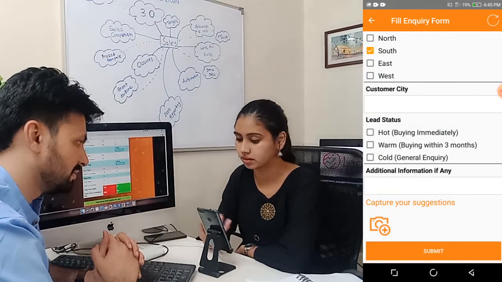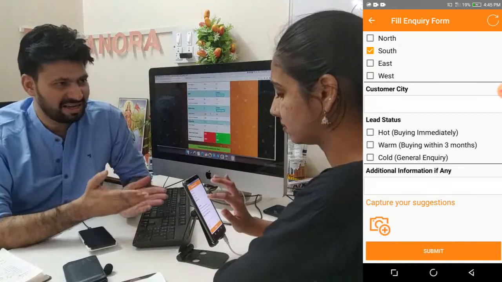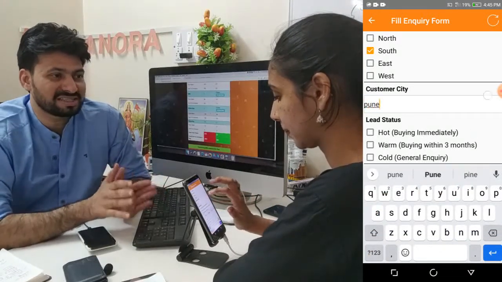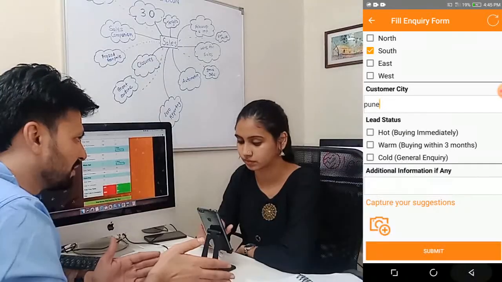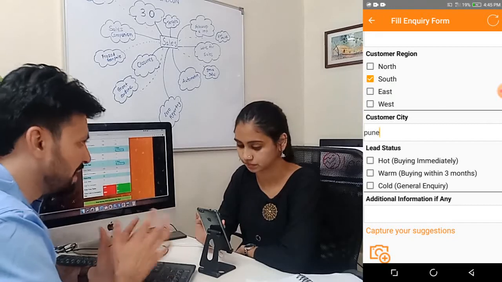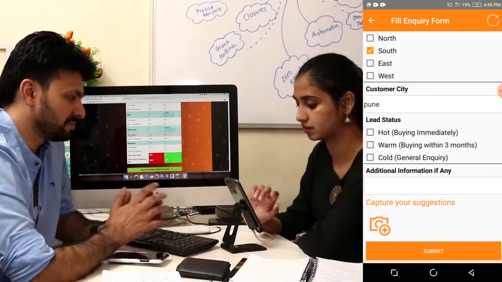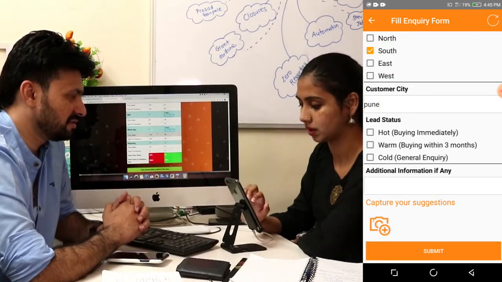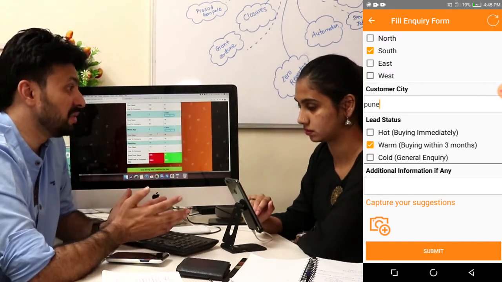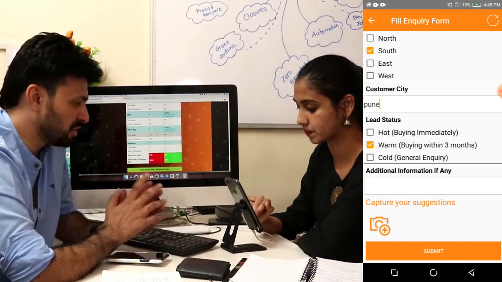So this is a totally customizable inquiry form. The form can be totally customized and added in that format. Done. You have added everything. At the end you can see there is a button which says submit. Right, submit. So click on submit.